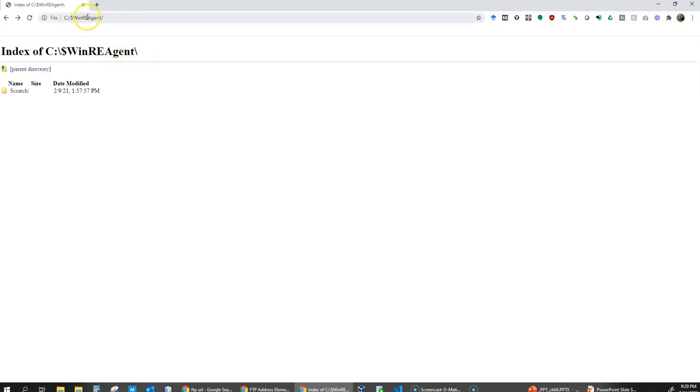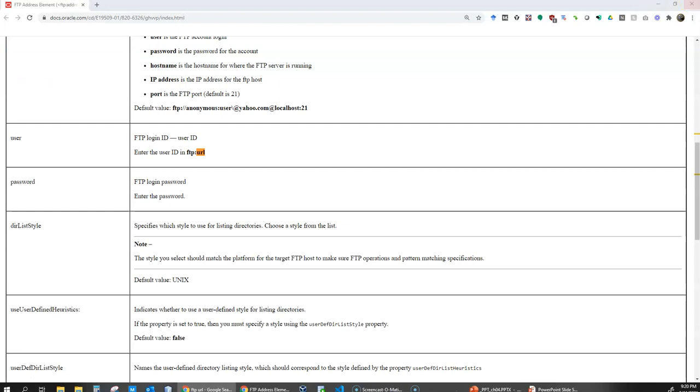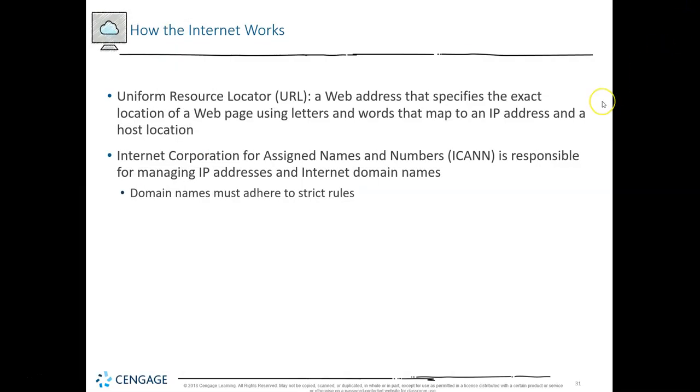Up here, right? This is where the URL... this is not a URL, this is telling me what I'm looking at. But this is a URL, and you notice it's C:, just because it's the C drive, but // So that's part of being a URL. So that's why it's called uniform. It's a uniform way to locate a resource, regardless of whether it's a web page or a file or your